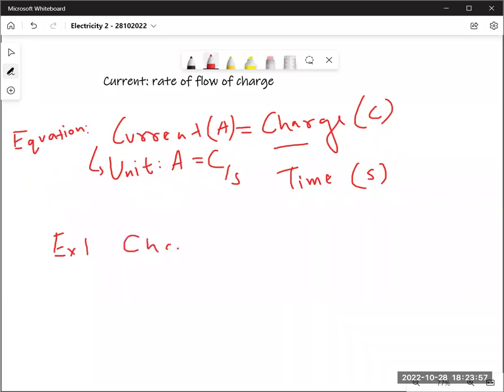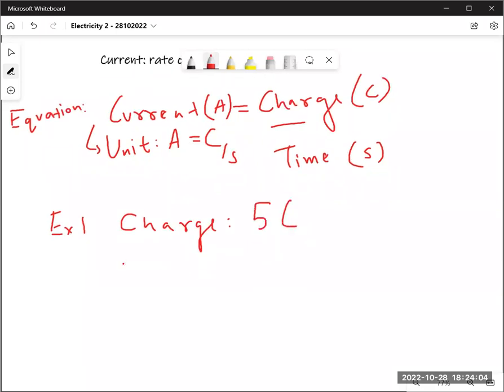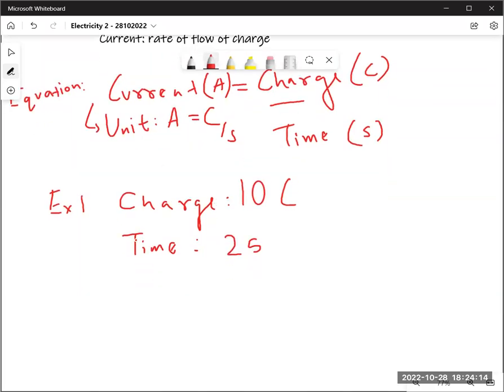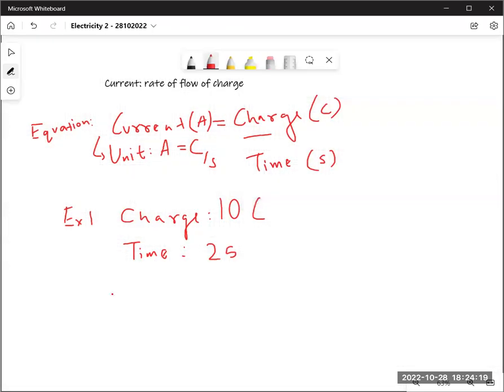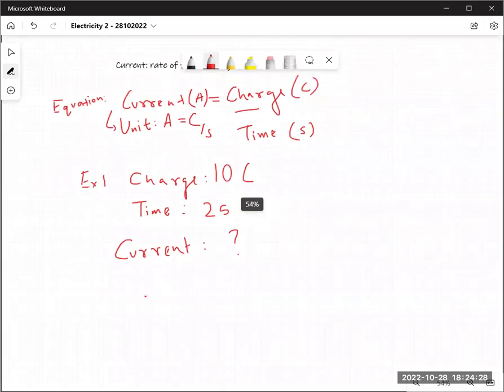If I tell you I had 5 coulombs of charge, and the time it takes is, let's say, instead of saying 5, let's say 10. Easy. It takes 2 seconds to flow. This much charge is flowing in 2 seconds. Can you find what is current? Diana, work with me. What is current? How much will current be? To find current, I'll have to see that current is